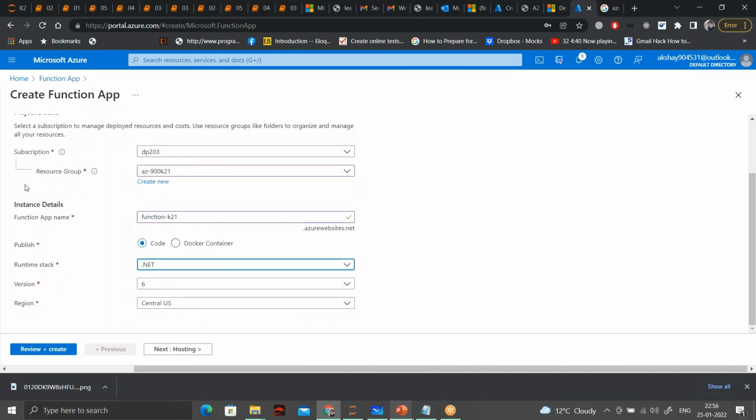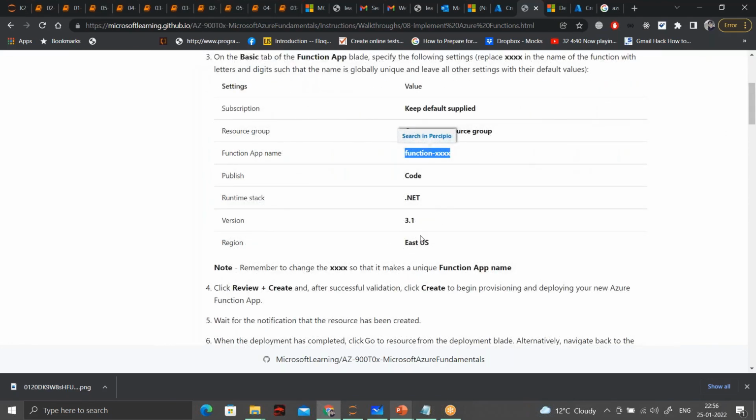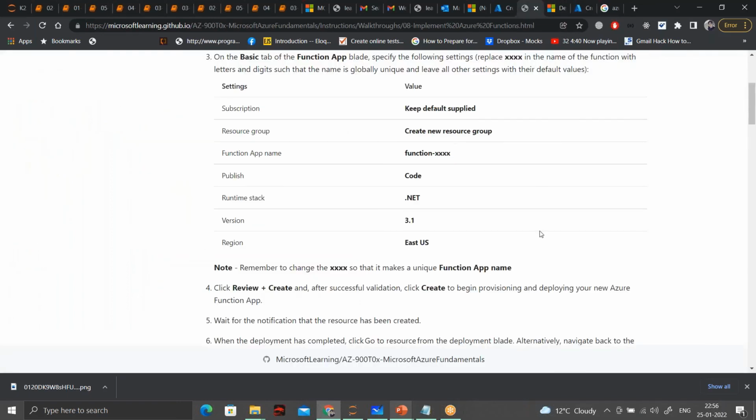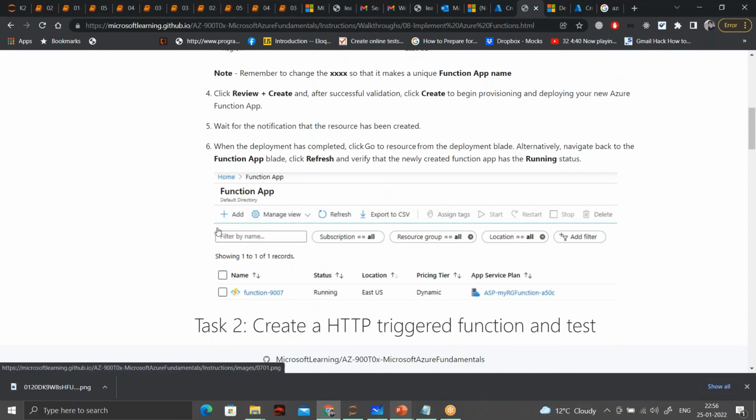So we'll use a .NET app because the code that we'll be using is a .NET app, and all other things we will keep simple. For the version we'll choose 3.1, and the region will be East US, where we will be deploying our resources. Okay, after this, we can create the function app, and once we have the function app created, inside it we'll create a new function.